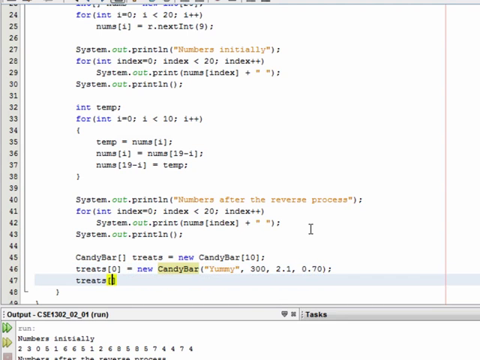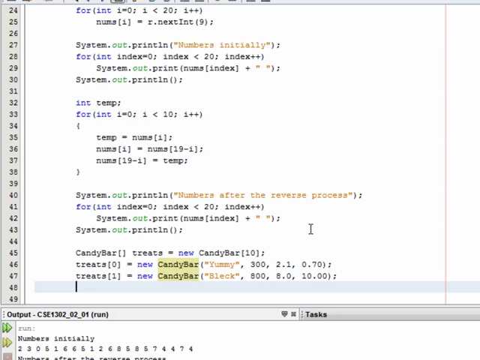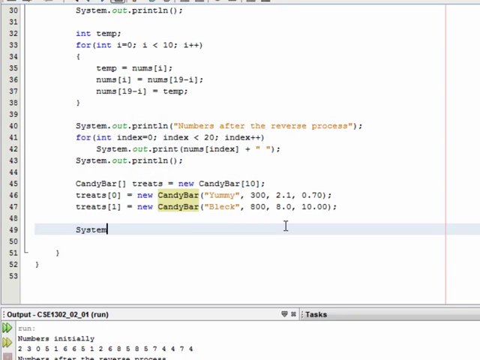I could say treats of 1 is equal to a new candy bar. I'll call this one Bleck, because it has 800 calories, it's 8 ounces, and it costs $10. Okay? And since the candy bar class has the toString function defined, I can say something like system.out.println of treats sub 1, and that means that the output is going to take this candy bar and display